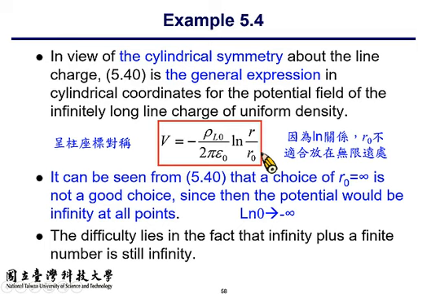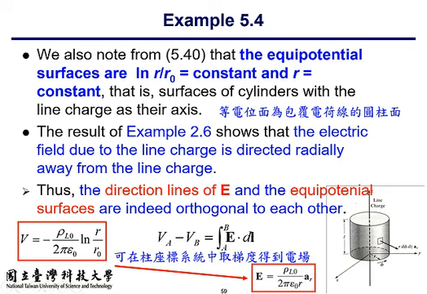But you can place it anywhere else, because we are more interested in the difference in the potential instead of the absolute value. So actually the zero potential point can be placed at any position, because later you will see that R0 can be removed from the expression. But in any case, you cannot place R0 at infinity, because the log function would blow up. Alright, so we note that the equipotential surfaces are functions